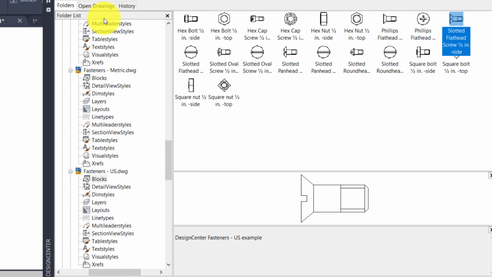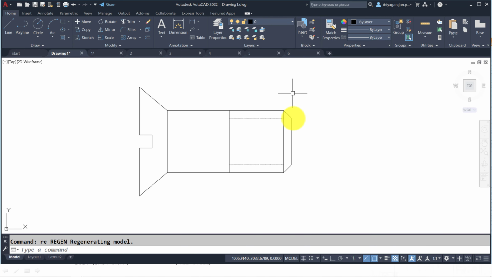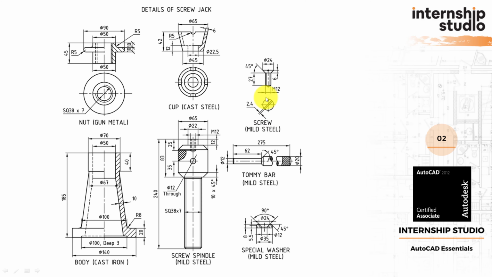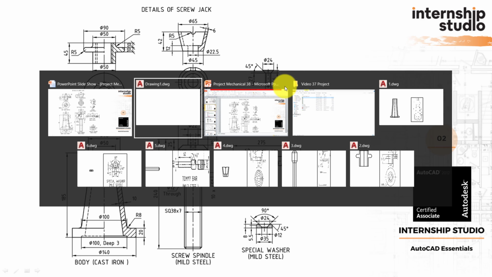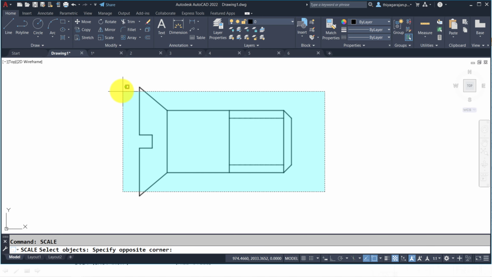What you need to do is just pick and place it inside the screen. Now you can adjust this as per our size. Our size is diameter 12. So let me check here, the distance from here to here, how much is there? This is 12.7. It is not exactly 12, so I am going for scale, selecting this base point.